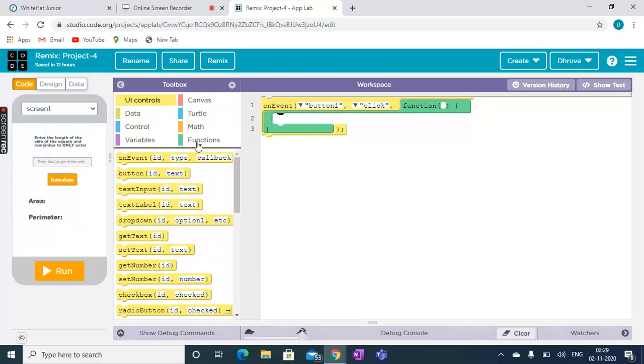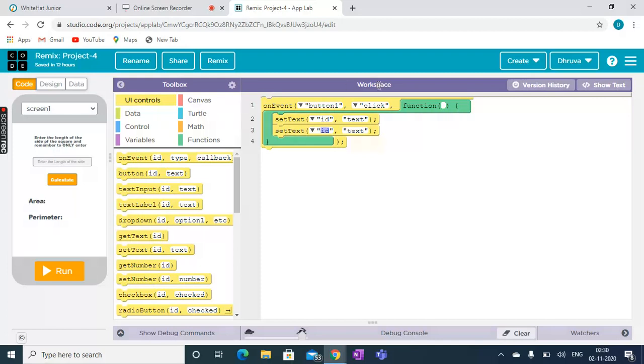Now we will do the next one. We will use the set text block. This block is very important, because if we do the formula directly, it will not work, because the computer will not know where to set the number.